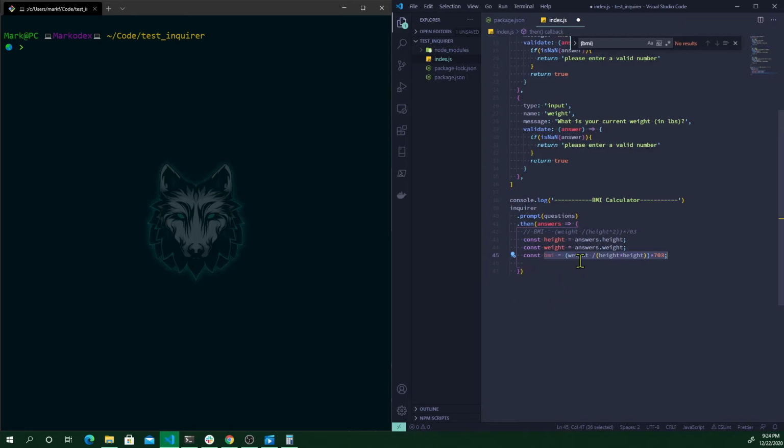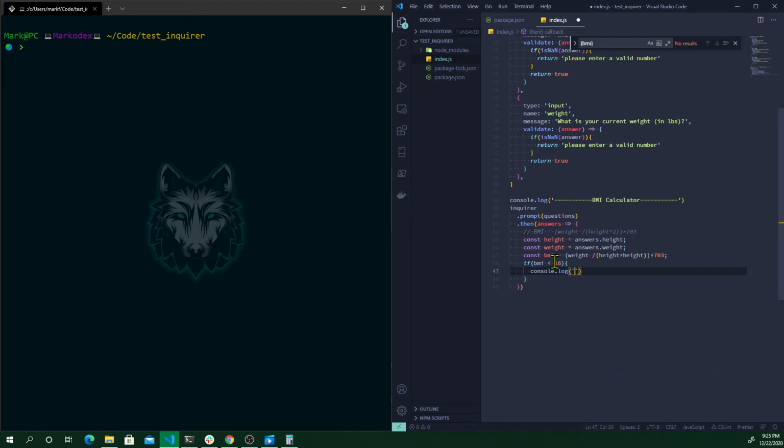If it's between 16 and 18, it's underweight, and so on and so forth. So I'm just going to do an if statement to validate, or to see which condition applies. So if BMI is less than 16, then I'll simply console log,